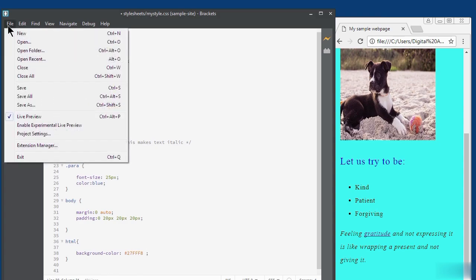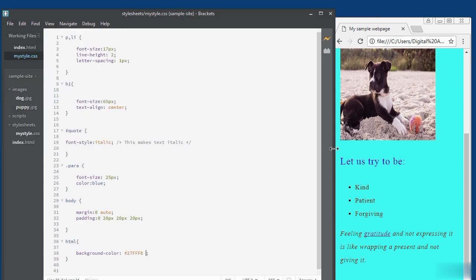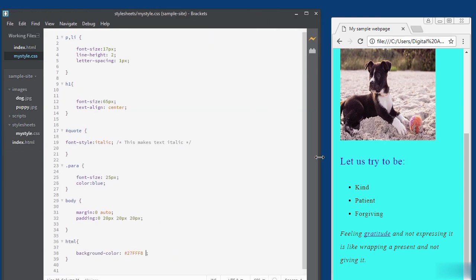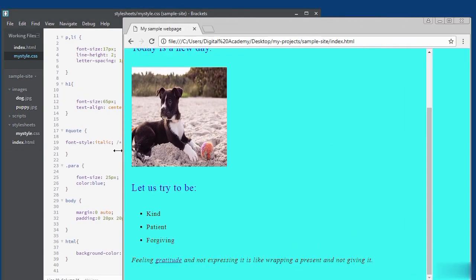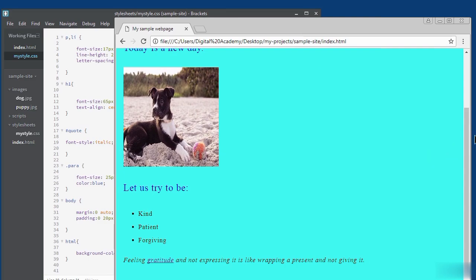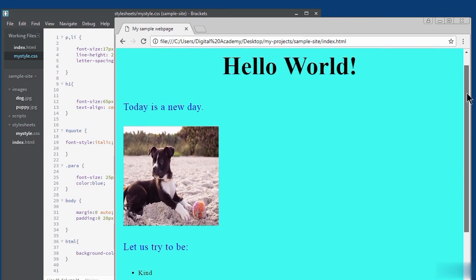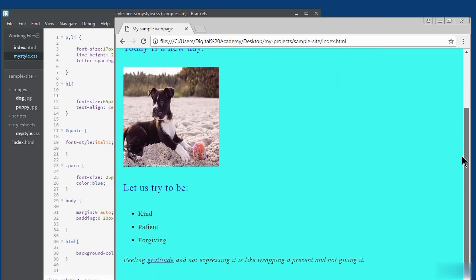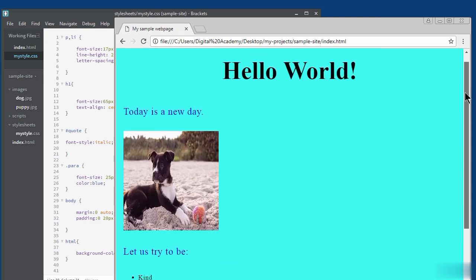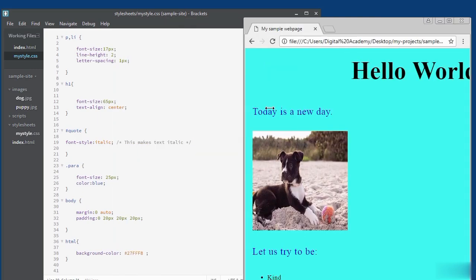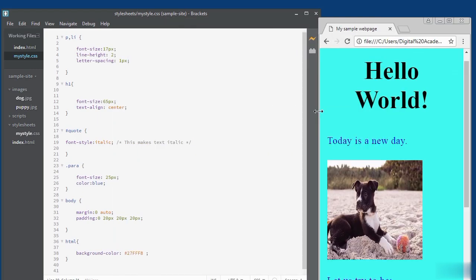I'm just going to quickly save that. You can see now the background color is reflected. If I expand the web page, because I've applied it to the HTML element, it's applied to the entire page, because the entire page is an HTML document, which is where I have specified. But you can specify background color on any element you want, but in my case I've done it on the entire HTML element. So that's basically how to change the background color of an HTML element